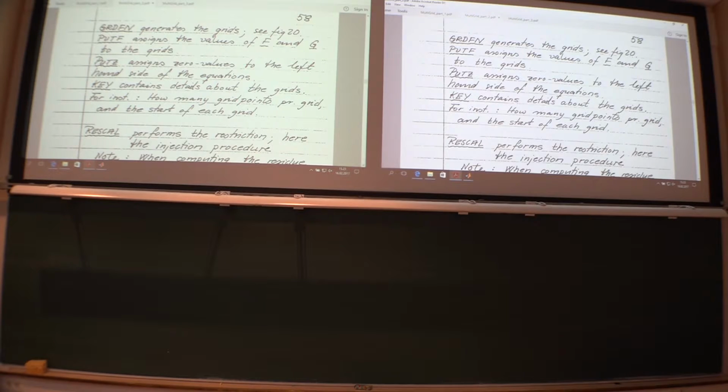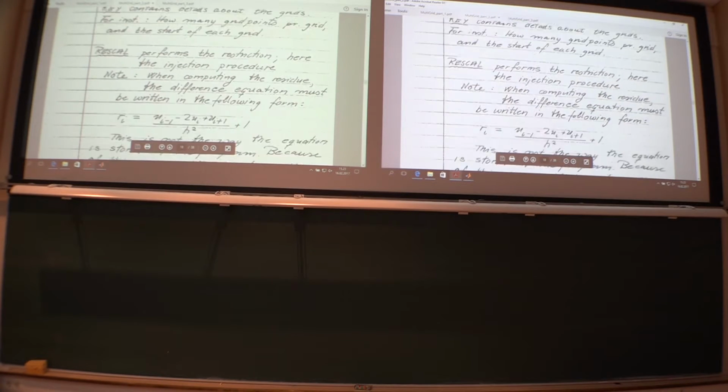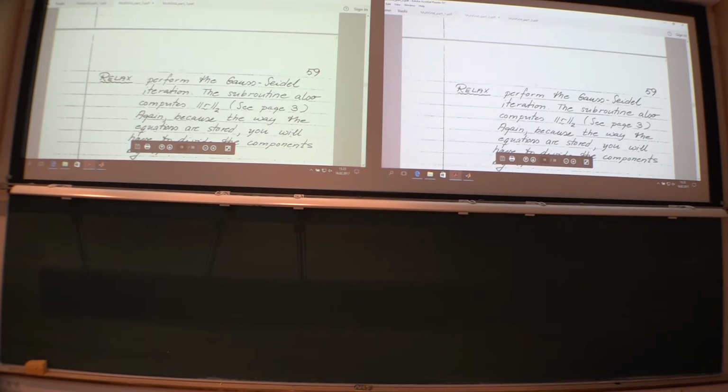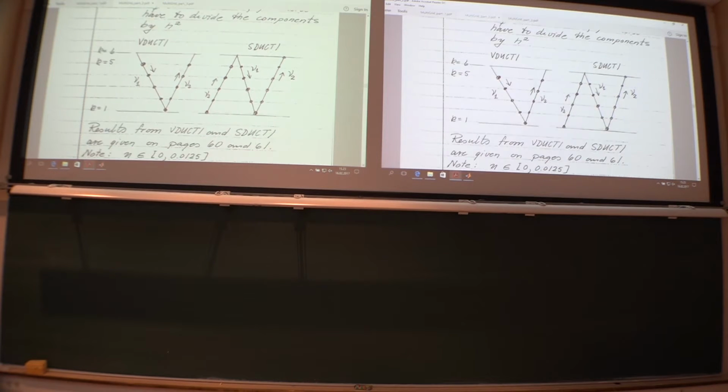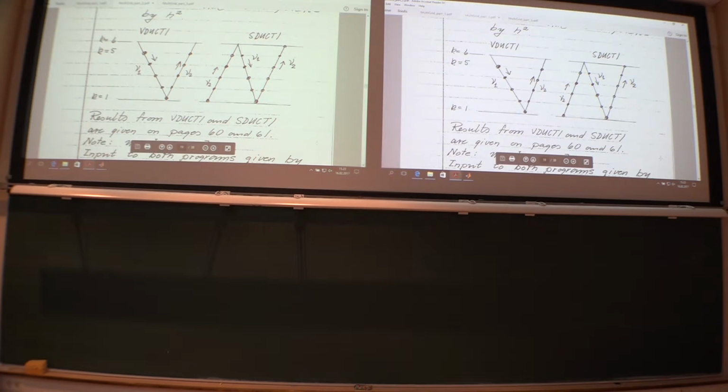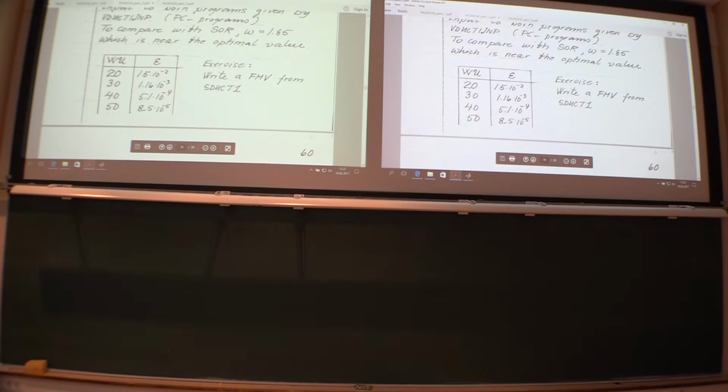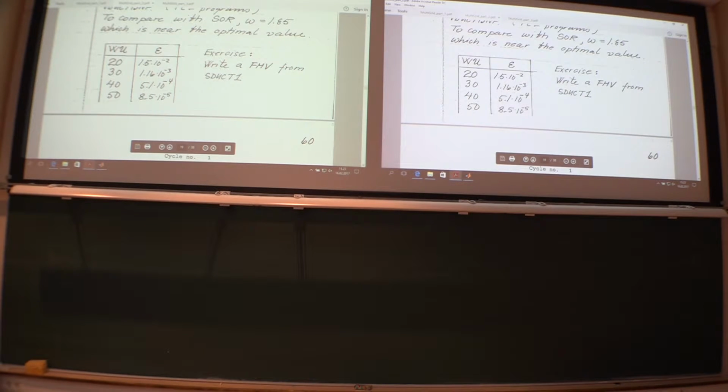Name of the different routines. Yeah, you can look at this one if you are interested. So there you have the two different codes. V-duct, only V cycles. S-duct, start first initially on the coarse mesh before entering the ordinary V cycles. And the printout should be given here. Just for comparison,